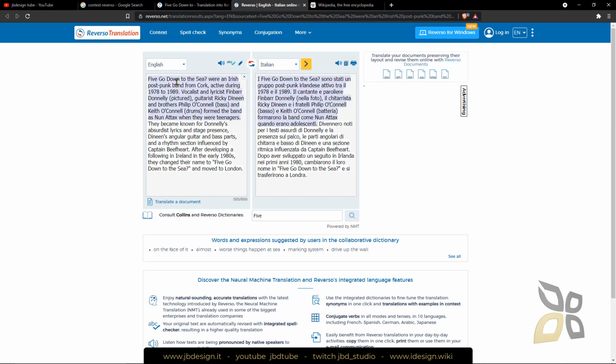And again, it's going to do an automatic translation, so you better check if everything is fine. There is no artificial intelligence today that can do the same job as a professional translator, so you always need to be careful here. Maybe go phrase by phrase and check if everything is all right.